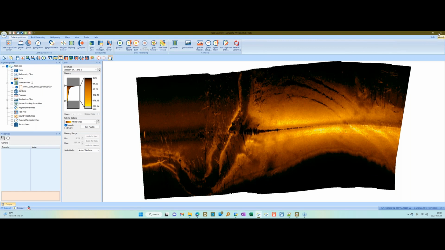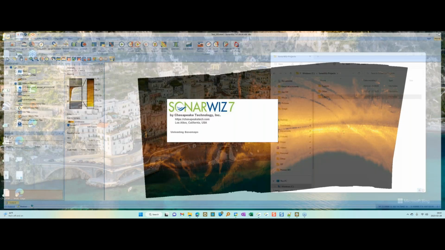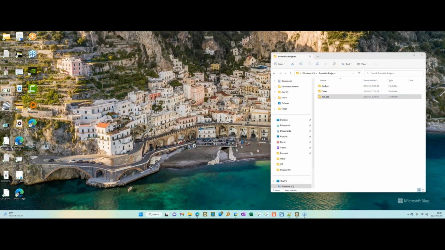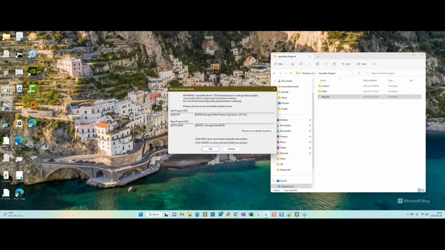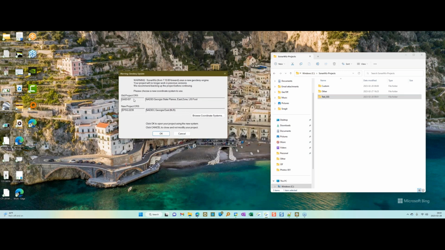Now that we've got it defined for SonarWiz 9, if I went back to SonarWiz 10 and try to bring it forward, I'll show you what happens. It's a little bit better. So now,